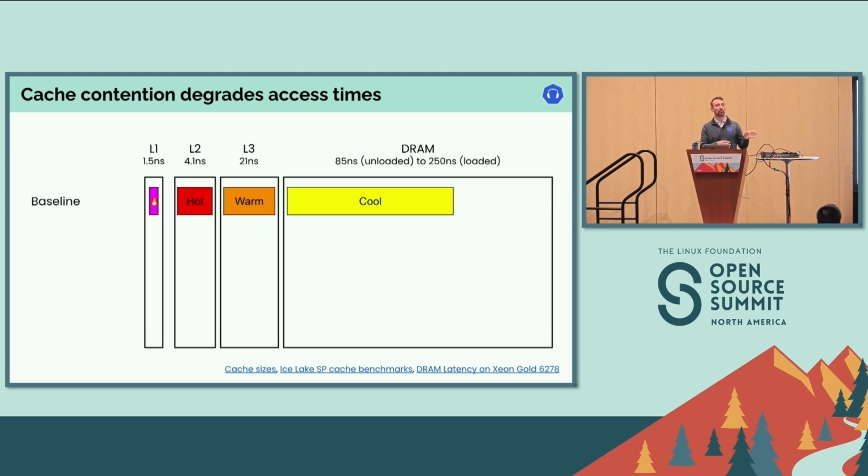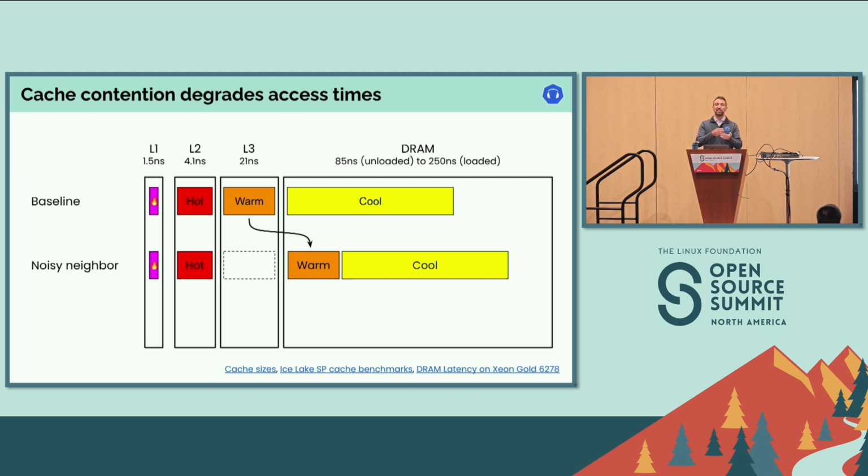And then the hot, warm, and cool working sets in L2, L3, and DRAM. When a noisy neighbor comes in, it uses the last level cache, which is shared across all of the processes on the core, uses it very aggressively and evicts your application out of caches. And now your application, instead of accessing the warm working set in L3, it has to go to DRAM, which